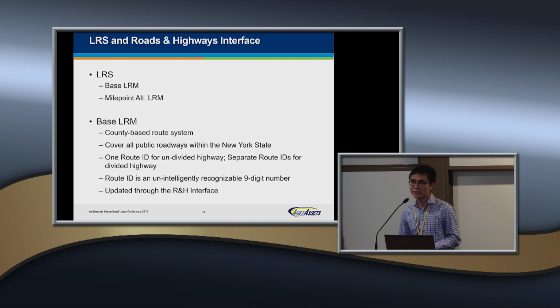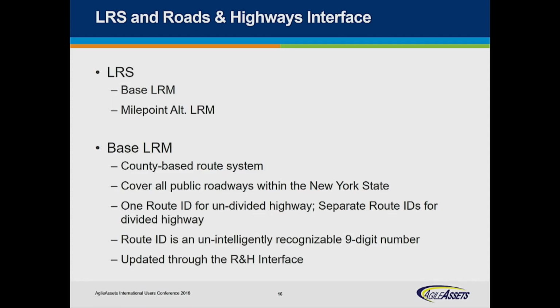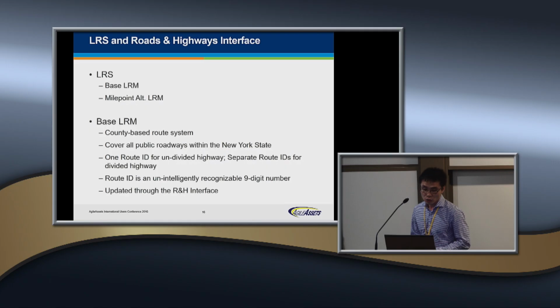So the first one is the RS and the Roads and Highway Interface. As we have covered many times in this conference, having a good RS is the backbone of building a good pavement management system. In New York's case, we actually have a pretty good RS. It's called the Mile Point Network. It's maintained by the state Highway Data Services. It's a county-based route system, meaning that a big route like Interstate 87 is actually considered different routes when it goes across different counties. Also worth noting is that it covers all the public roadways in New York State, and the route measures reset at the cross-county boundaries. Another thing is that the route direction is built into the route ID,